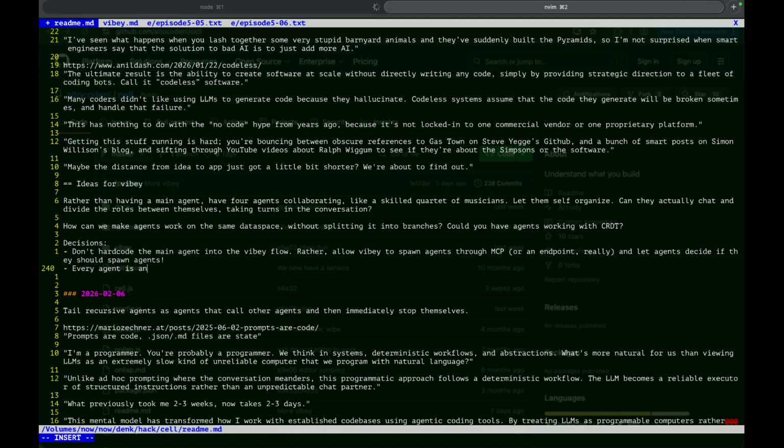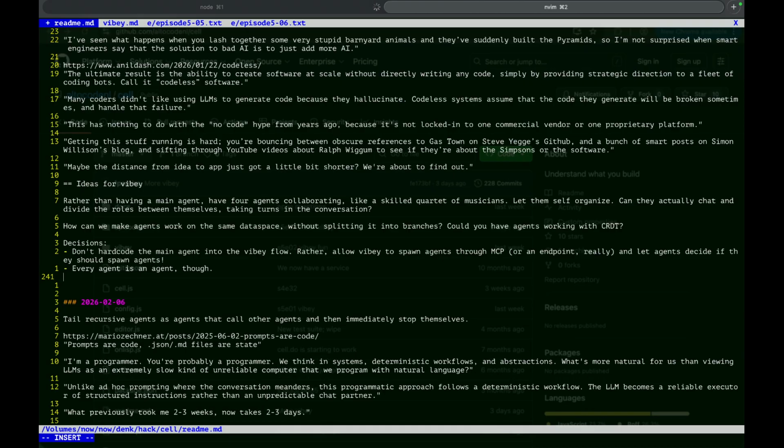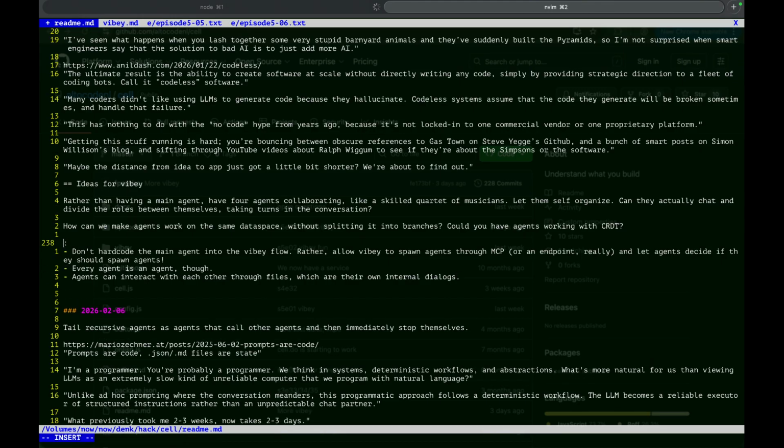Every agent is an agent, though. Agents can interact with each other through files, which are their own internal dialogues. More thoughts.